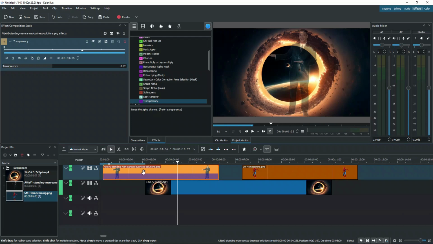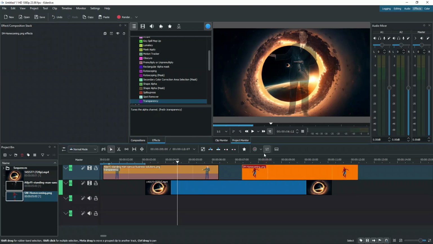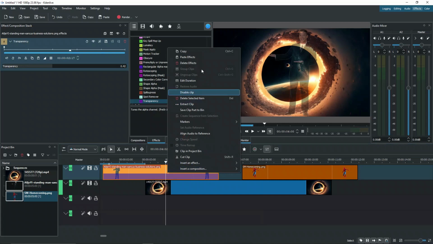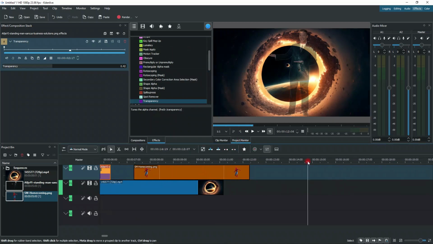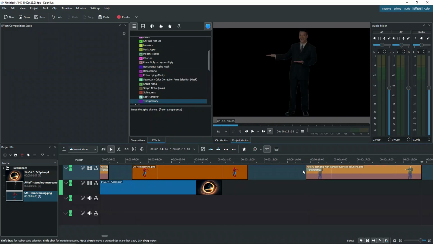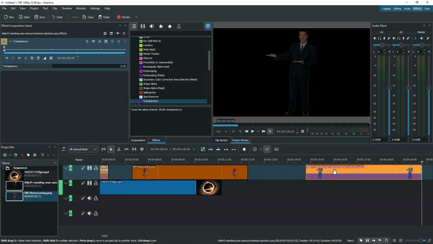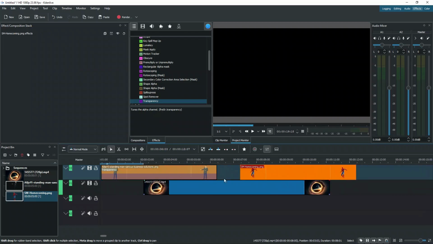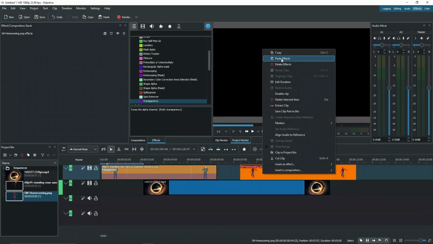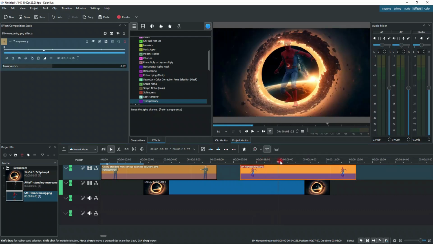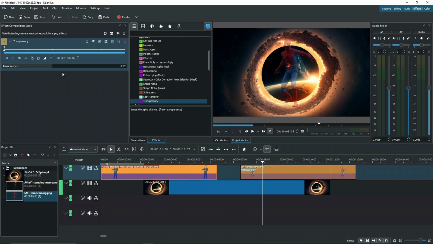Now what if I want to apply the same effect or a bunch of effects? If I've got a bunch of stacks that I've added up, for now we've only got one, but what if we want to copy it to this Spider-Man guy? Well, we can go ahead, right click, copy it. What you would normally do is Control C to copy, Control V to paste, and that just adds a duplicate. But what you can do in this case is right click and paste the effects only. So now we have, there we go, a semi-transparent Spider-Man,